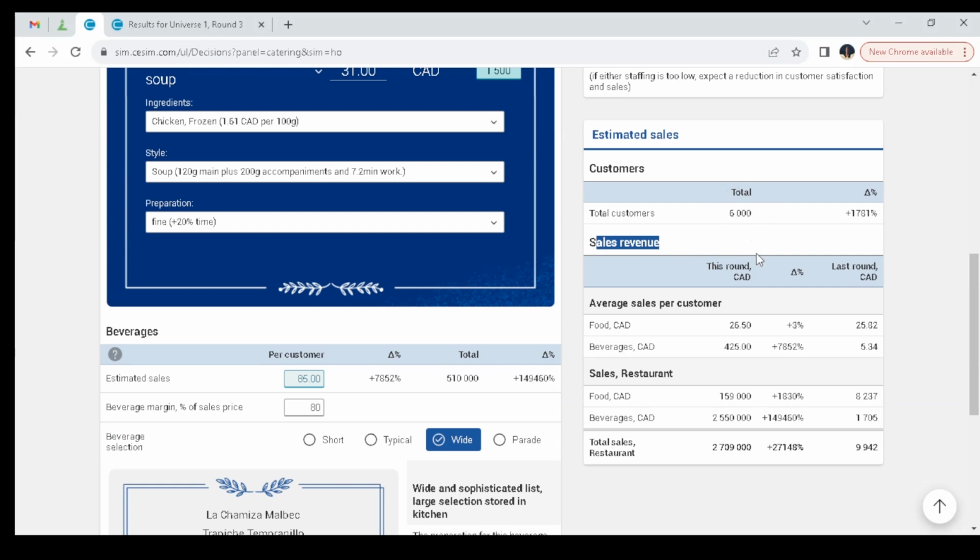of products, the total number of people who have visited the cafe and bought our food. And under the sales revenue, you can also see the average sales per customer for food and maybe beverages. This for the food and this for the beverages, and also the total sales that we have. You can see that the total sales we have is 2,709,000. So that's it